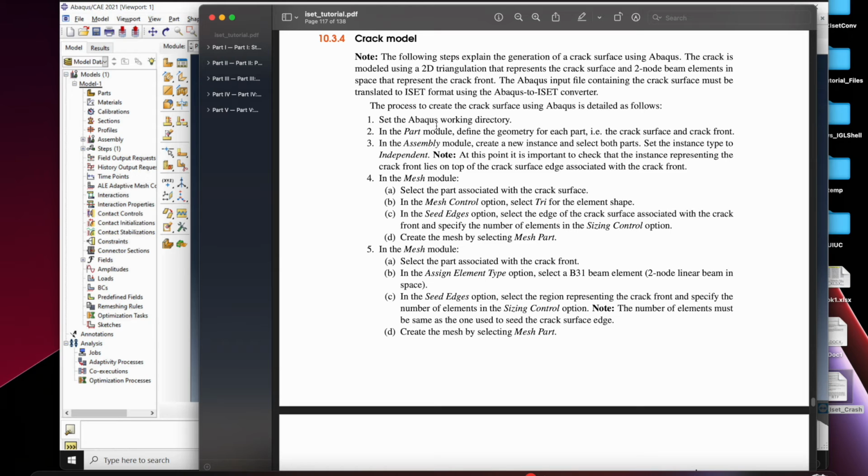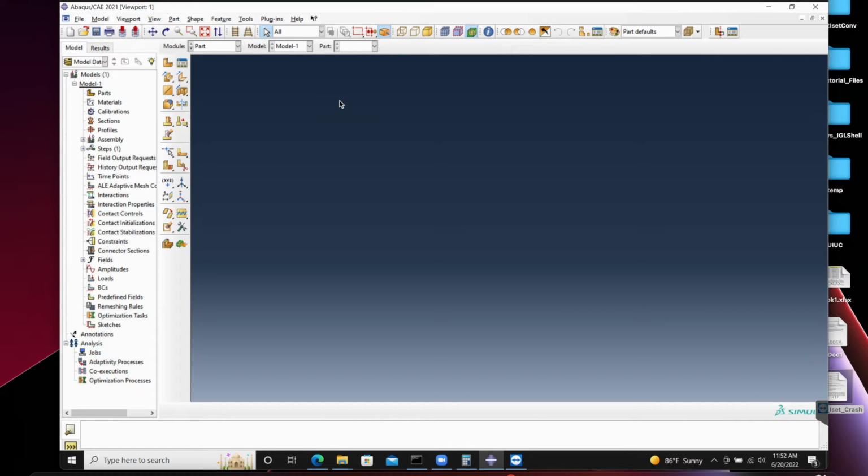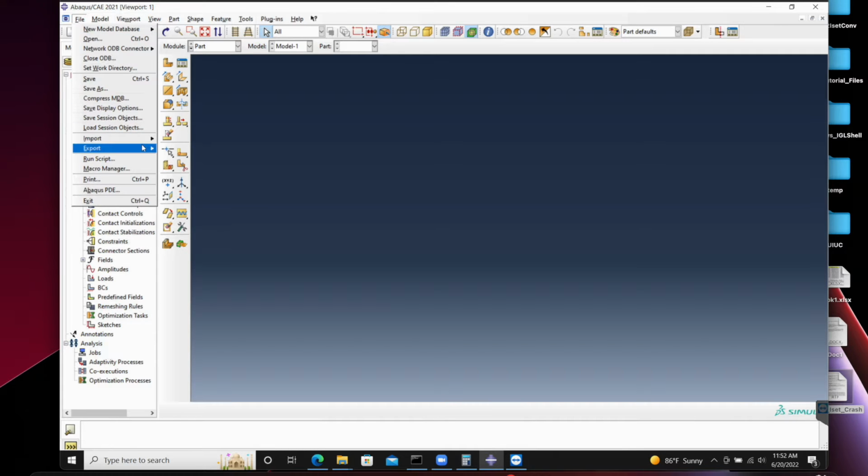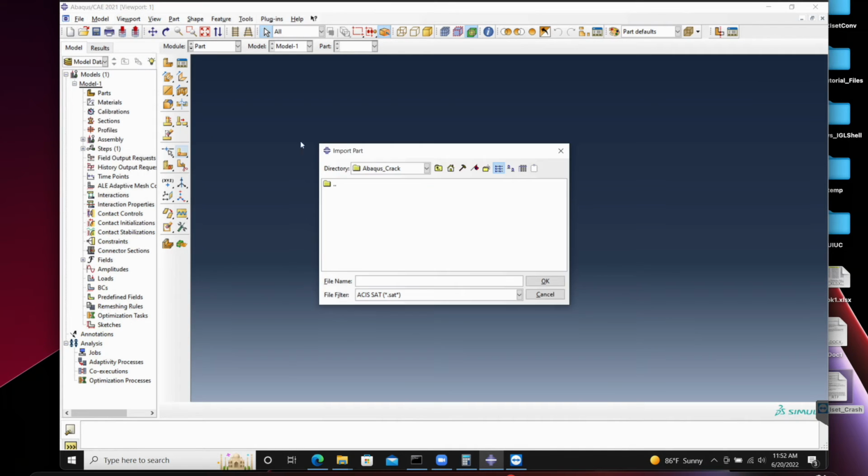So we have to import or define the geometry for each part. So in this case we have to define the crack surface and the crack front. There are several options to do that. The one that I choose was to create the geometry using a CAD file, and then I'll import the geometry into Abaqus. So let's click on File, Import, Part,